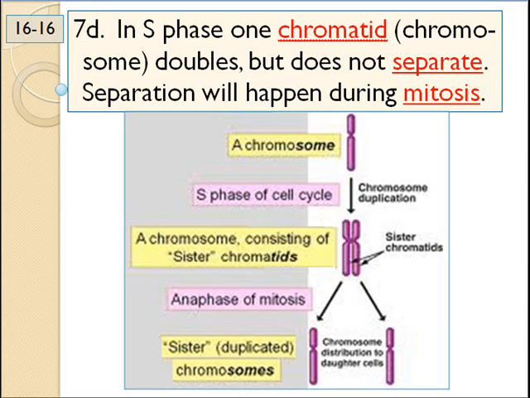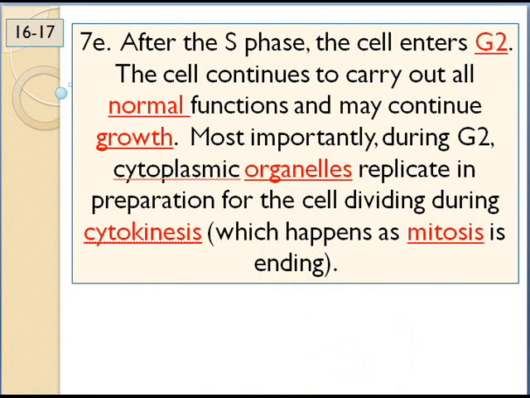Okay? The organelles, ribosomes, if I have 100, I need 200 for my two new cells. If I have 1 foot of ER, I will need 2 feet, 1 for each cell. So in G2, you're making more of the stuff you've got to have when you divide yourself in half. So that's just you getting ready. So in S, you're getting ready to divide by making more DNA. G2, you're ready to divide by making more organelles. In G1, you're not doing anything but growing. You're still so little. Okay, now, I'm not going to go any further because regulation is a whole new ball of wax.